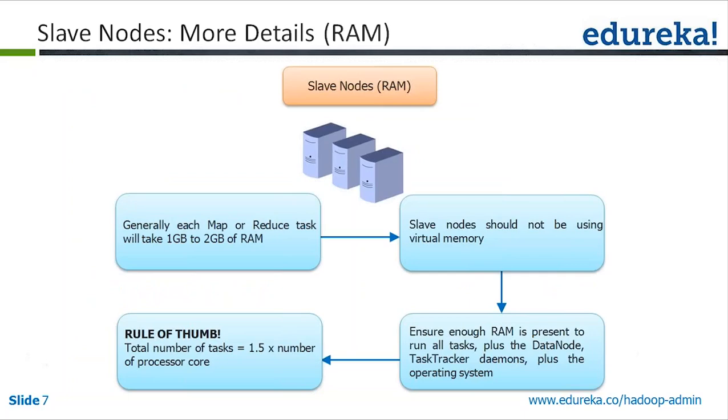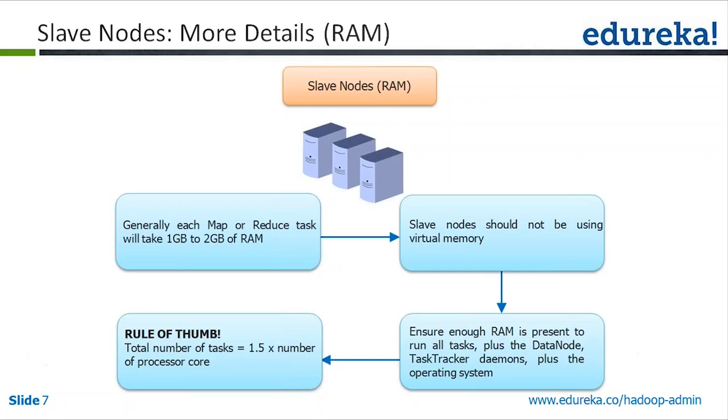So generally, each mapper or reducer task will take 1 to 2 gigs of RAM. Ideally, it takes 1.5 to 2 gigs of RAM, and you should not be using virtual memory, meaning you should not be using any hard disk drive as memory for the slave nodes. Ensure enough RAM is present to run all the tasks plus the data node and task tracker daemons, which means 1 gig of RAM you should give to the data node, 1 gig for the task tracker,